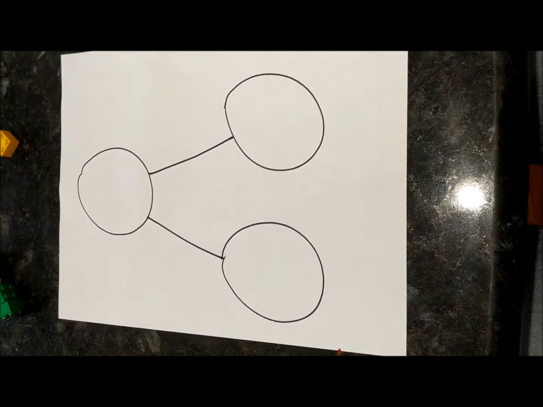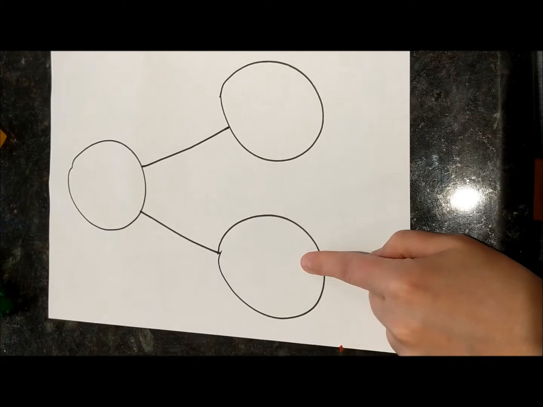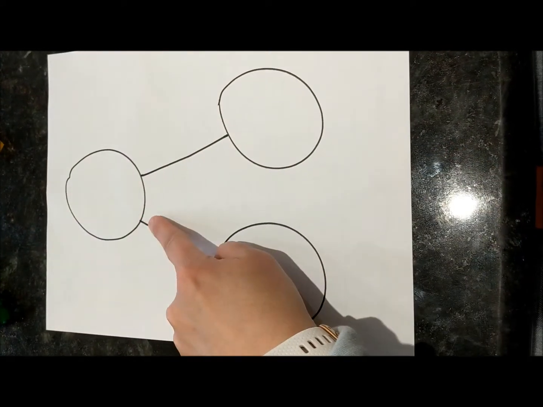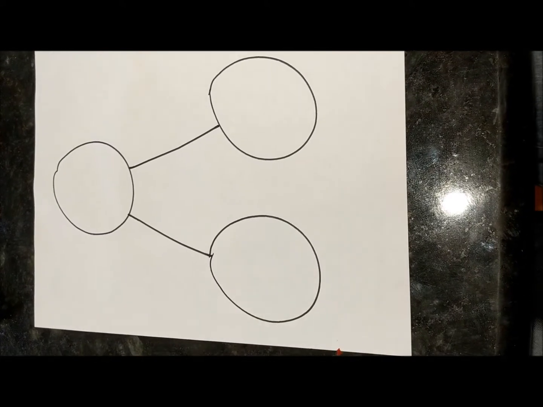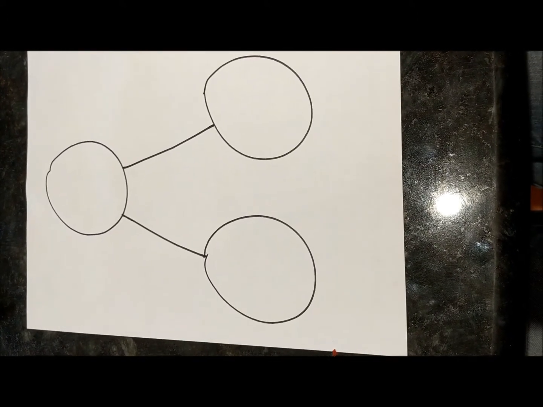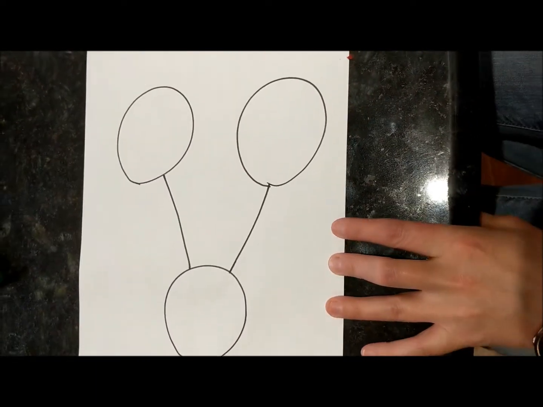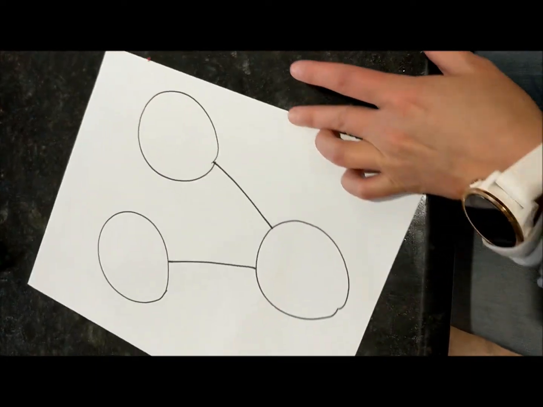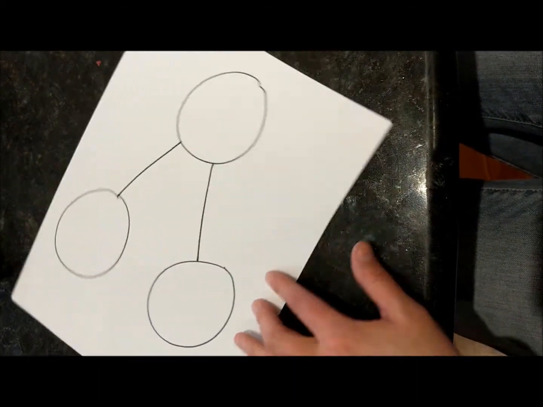The number bond is a model that students use to recognize the part and the whole when they are composing or decomposing numbers. That is, putting them together, adding, or taking them apart with subtracting. And it's important that students use this model in different orientations so that they are not confused when they see